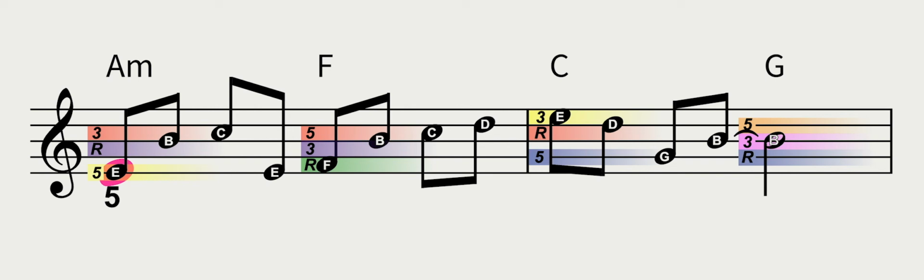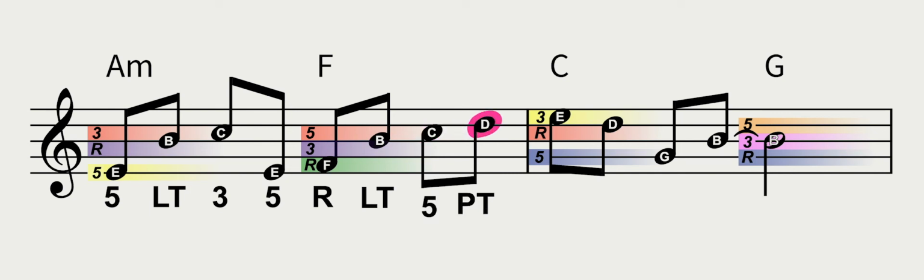E is the fifth of A minor, which leaps up to a leading tone going to the third of A minor, which is C, going back down to E, which is the fifth, moving up to F, which is the root of F major, leaping up to another leading tone that leads us to C, which is the fifth. We have a passing tone that goes to the third of C major, moving a step down to an escape